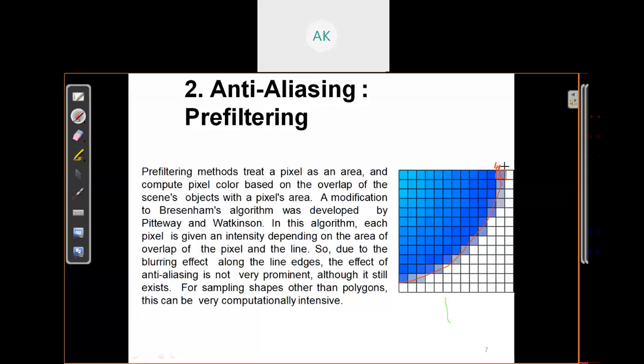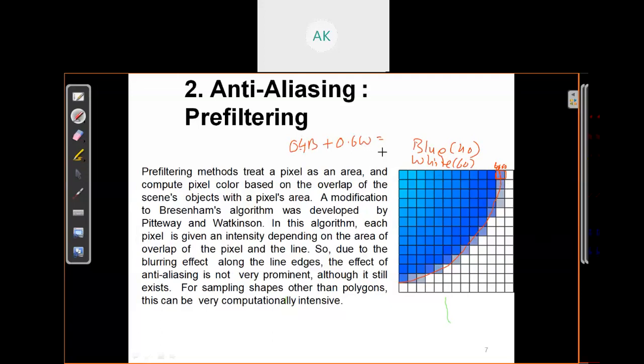On this side it is 40%, and on the other side 60%. So it will take 40% blue and the remaining is white. We are filling with blue, and the area under blue is only 40%. The remaining color, outside, is considered white. So 40% blue and 60% white.